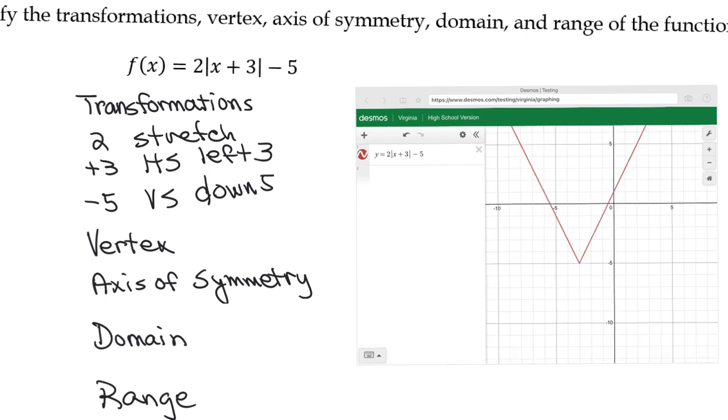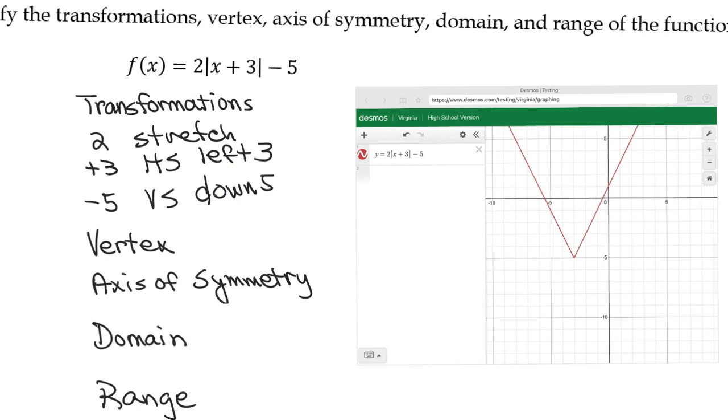We can see that it has shifted over 3 because now the vertex is not at 0, 0. It is at x equal negative 3. And the minus 5 shifted the graph down 5. So my vertex is the ordered pair,